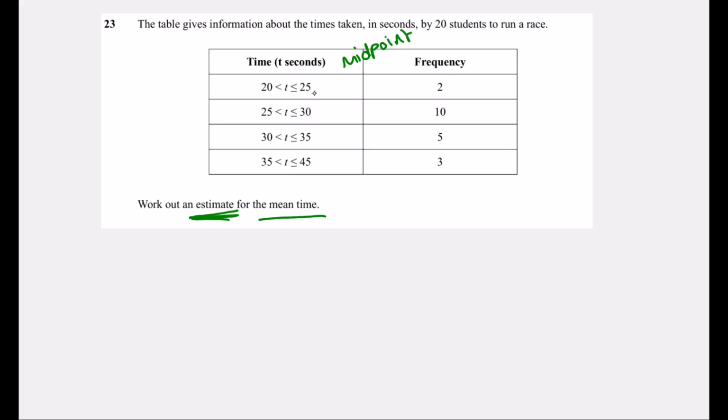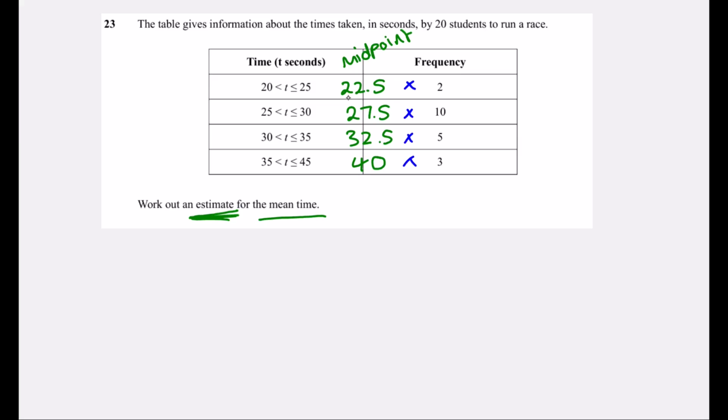So halfway between 20 and 25, 22.5. Halfway between 25 and 30 is 27.5. And we've got 32.5, and halfway between 35 and 45 is 40. So we're going to estimate